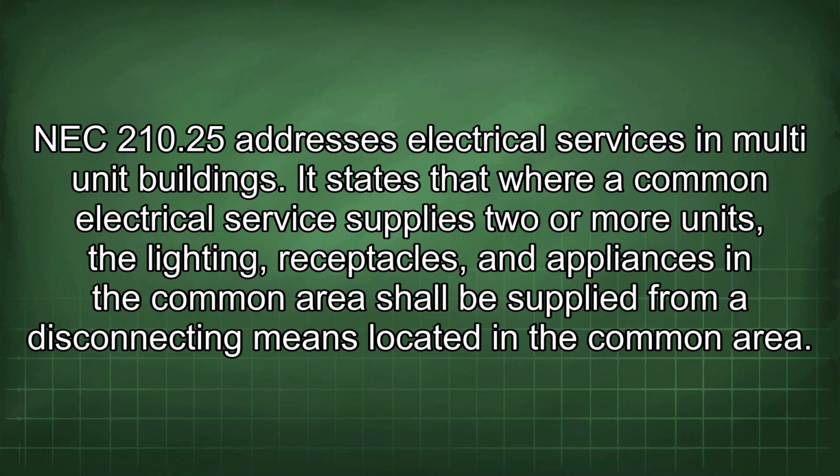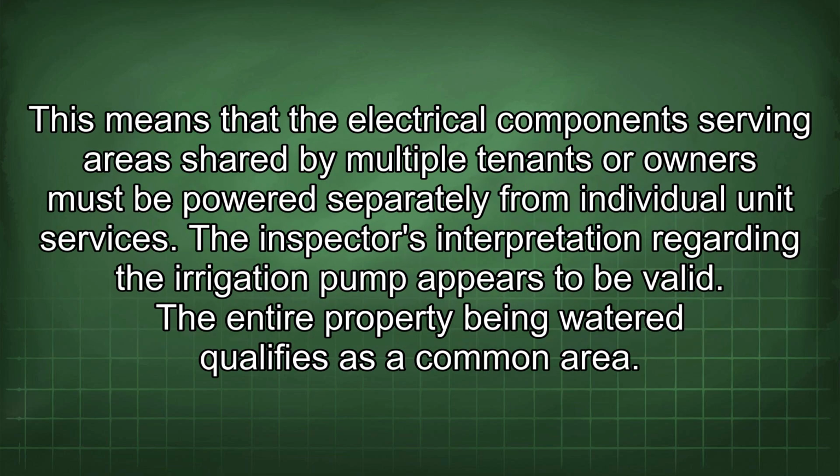NEC 210.25 addresses electrical services in multi-unit buildings. It states that where a common electrical service supplies two or more units, the lighting, receptacles, and appliances in the common area shall be supplied from a disconnecting means located in the common area. This means that the electrical components serving areas shared by multiple tenants or owners must be powered separately from individual